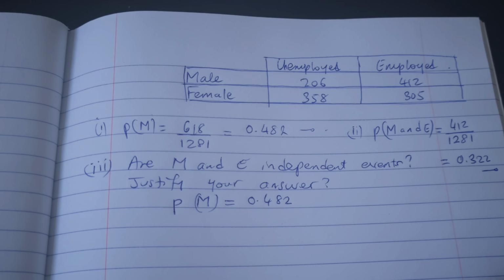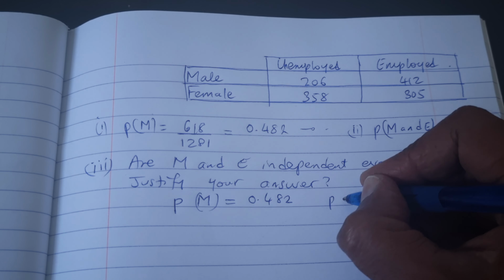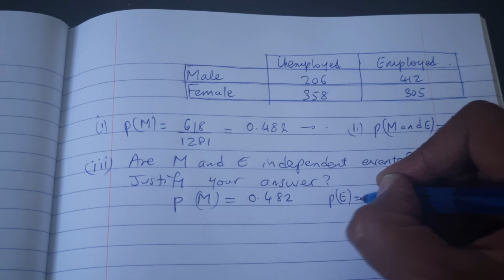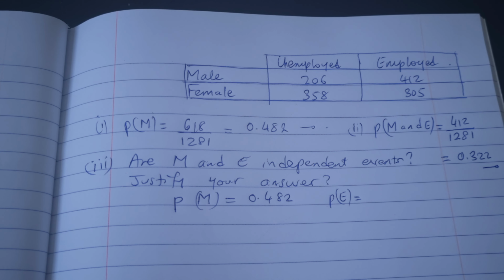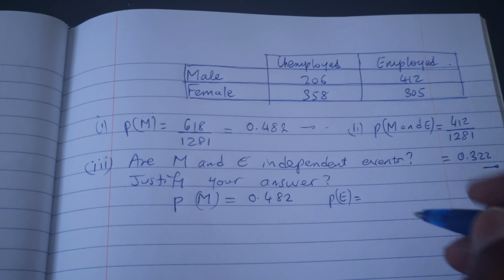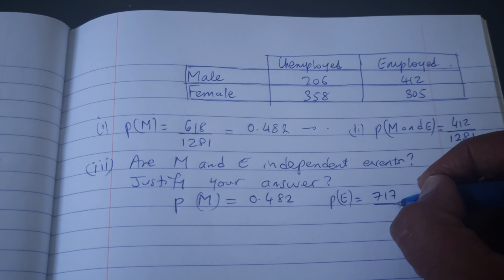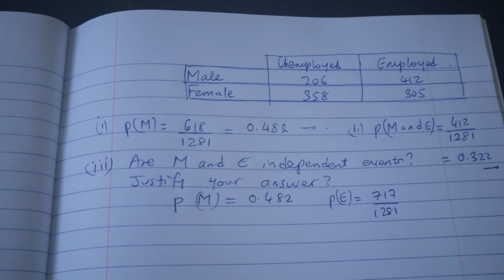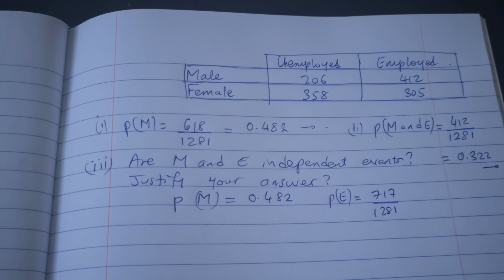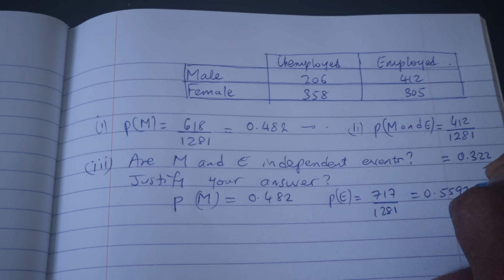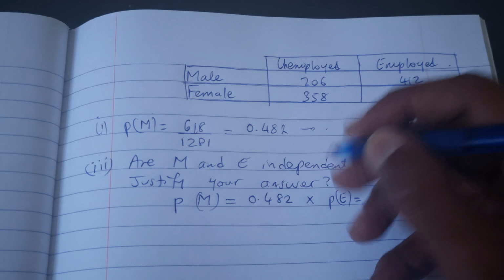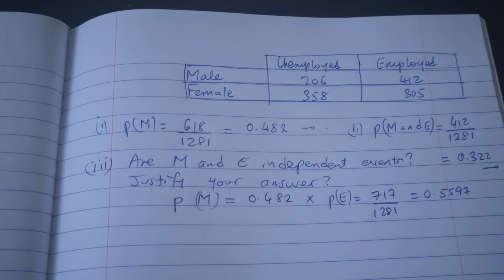And then for the probability of employed people, we have all of these employed people here. So that's 412 plus 305, which comes to 717 over 1281. So let's do this in our calculator, and we get something like 0.5597. Now if we take this multiplied by that, so the probability of M times the probability of E, we're going